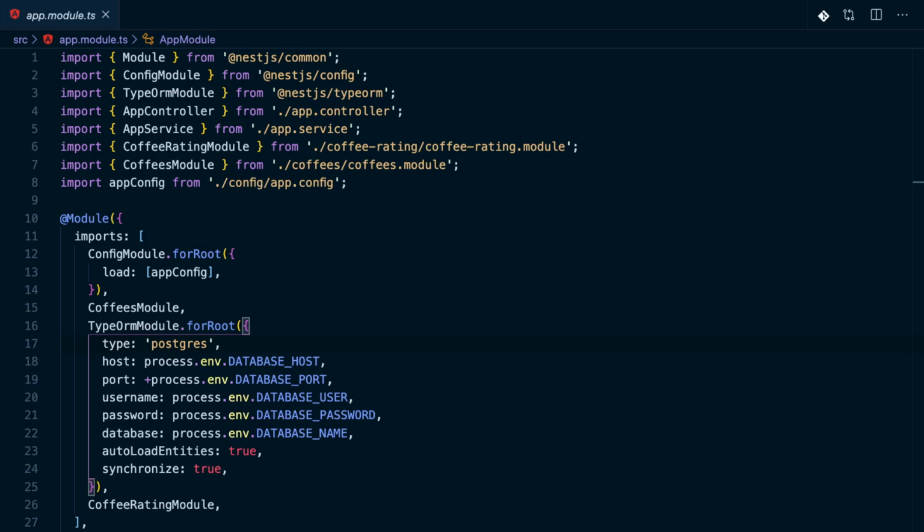As we learned in previous lessons, dynamic modules, such as the TypeOrmModule, can be configured by consumer modules by calling static methods and passing their options as arguments. For example, in our application we are calling the TypeOrmModule forRoot method to specify database connection options for TypeORM. In this code here, we've used the process.env object to extract the environment variables loaded by the config module